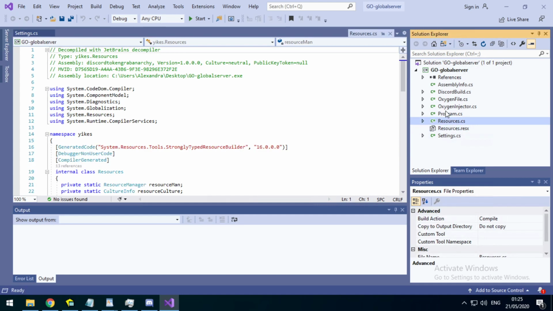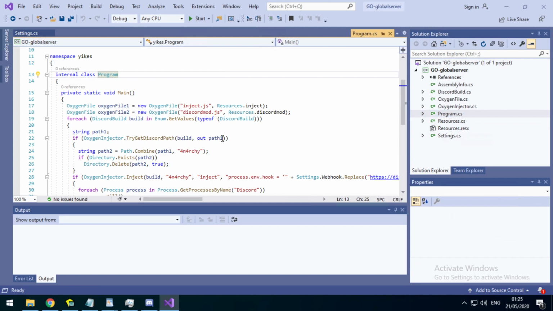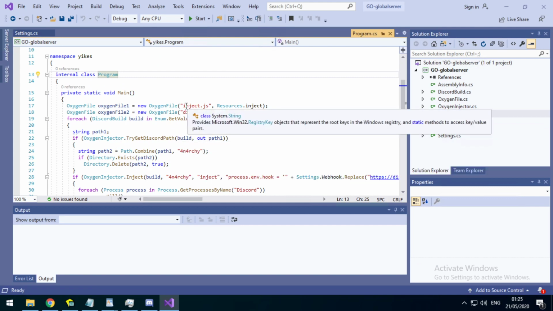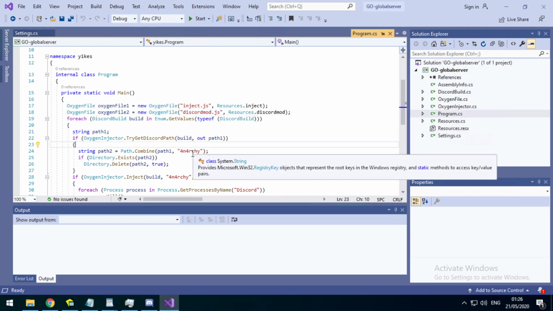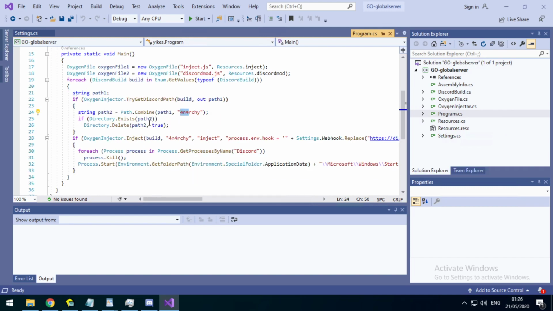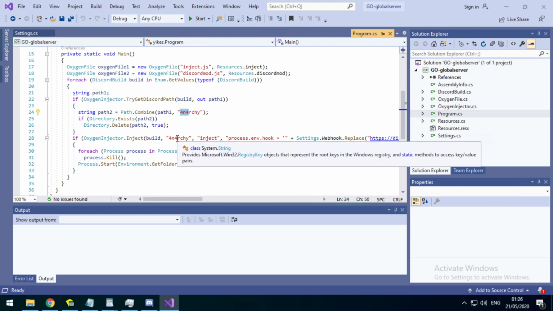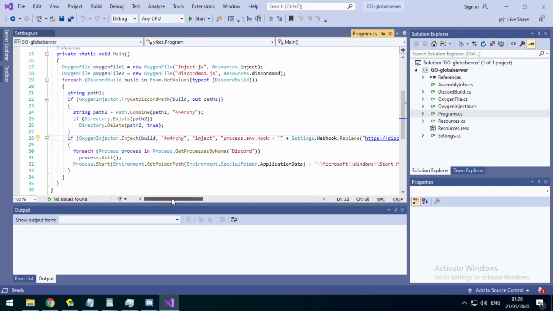If we go to the program, this is the main file that it runs. It creates files in jet.js and discord mod.js, for anarchy, which is the folder. It deletes paths and it injects the anarchy and the process hook.